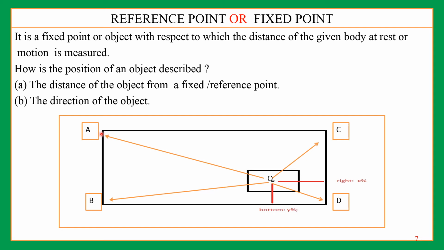Now it is coming to this point, and from here it is going in this direction. So now we can say that A is going in the direction of this marker. Here the distance is changing, so it is said to be in motion.